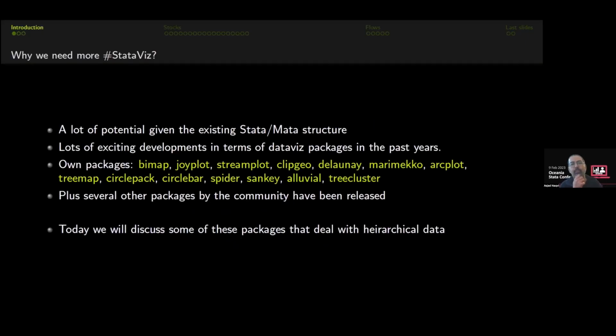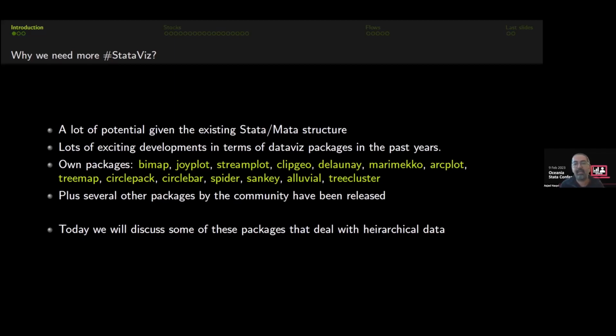So what has happened? Ever since we were in this lockdown phase from 2 years ago, a bunch of us users who've been using Stata for a very long time. I myself have been using it for about 12 years. So there's a lot of potential within Stata and the meta structures that one can exploit. And over the last 2-3 years, we've seen a lot of exciting developments in terms of data visualization